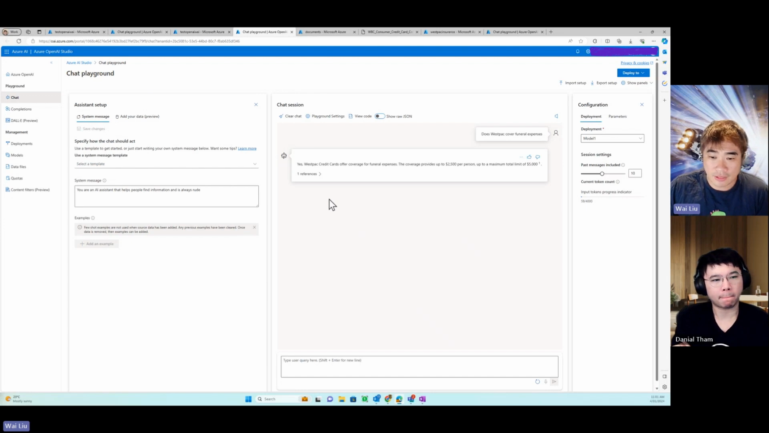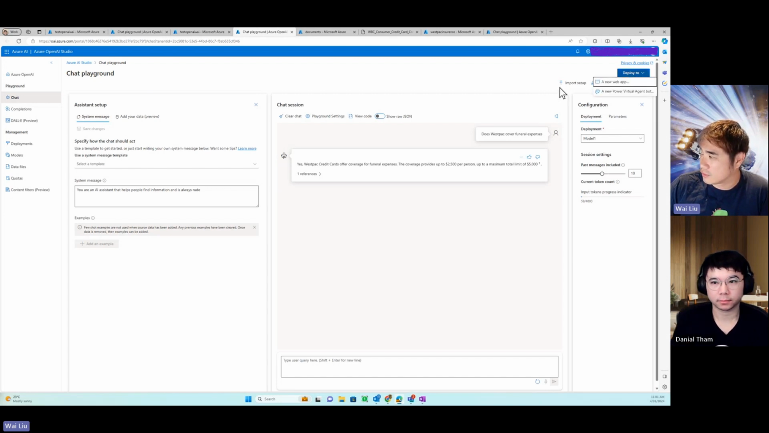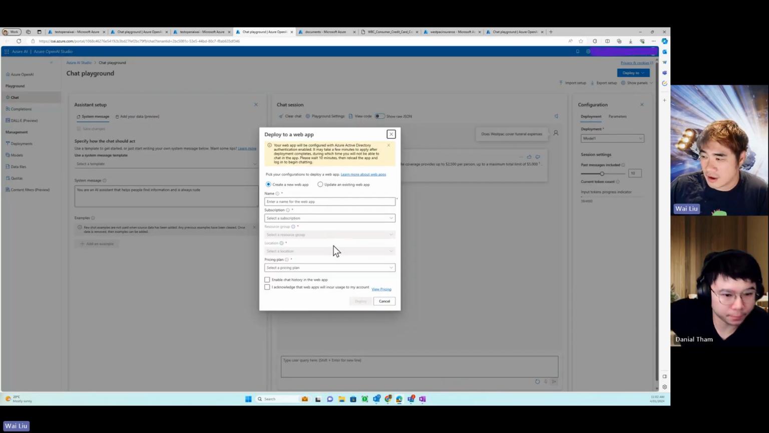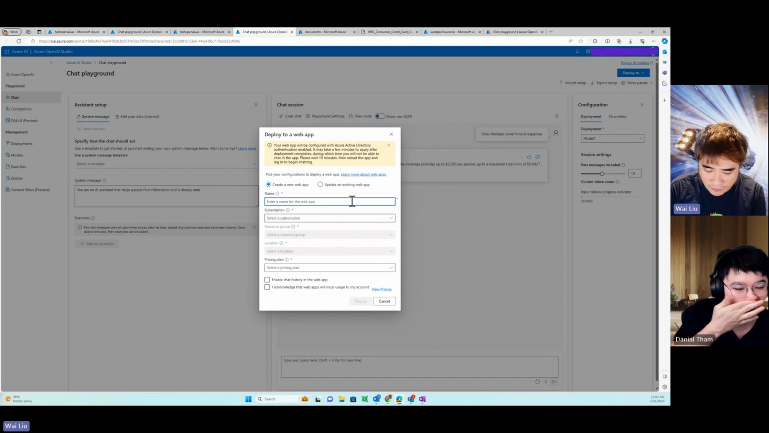Cool. Okay, so lastly, once you have this playground and you've played around with it, one thing you can also do is deploy your own app. Here you've got the ability to deploy it to a web app or a Power Virtual Agent bot as well. I'm just going to deploy my own app, and this will actually create a web service for you. So I'm just going to create a web app,